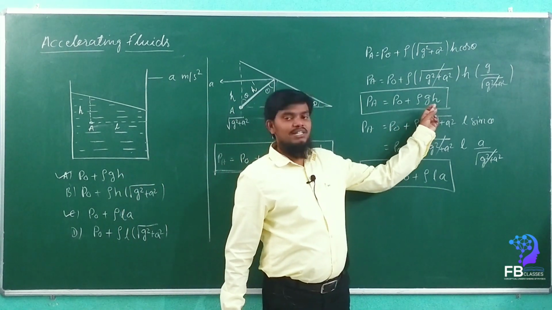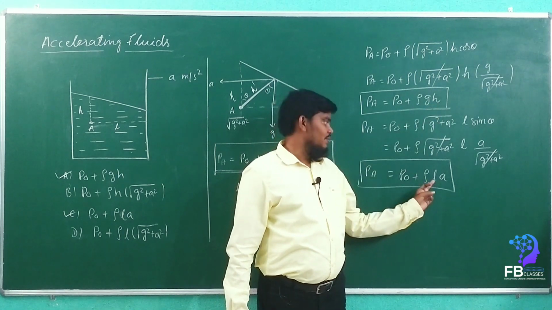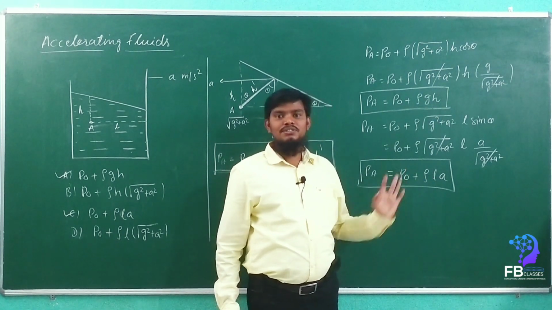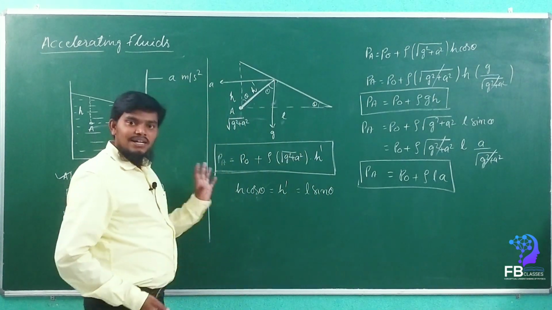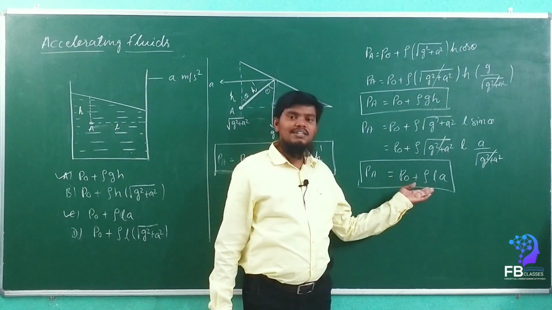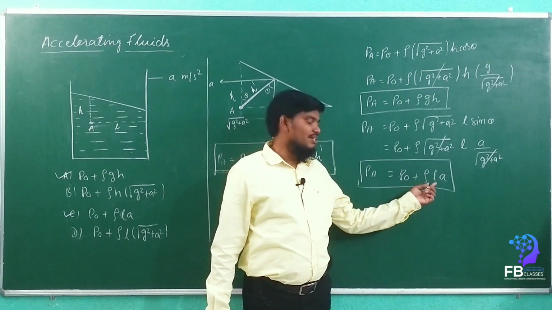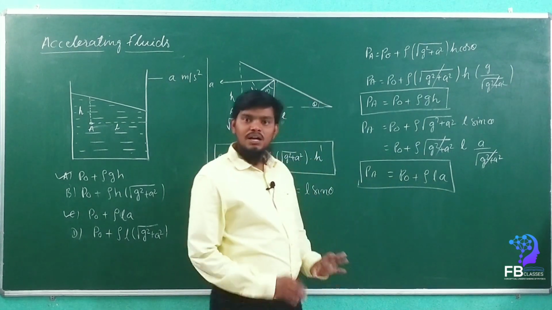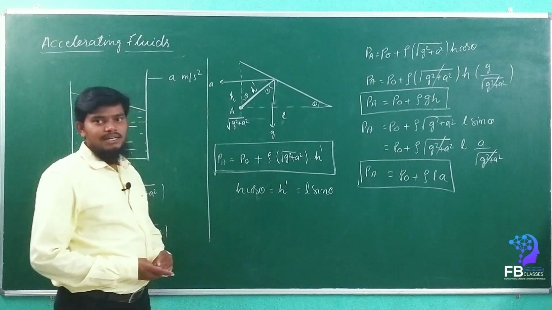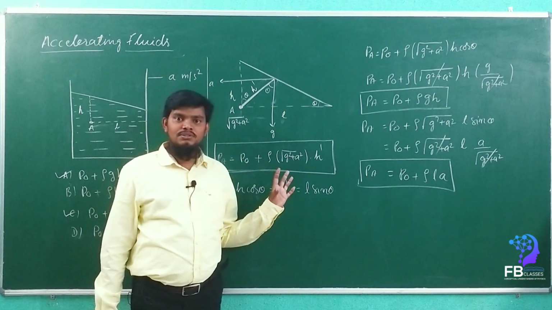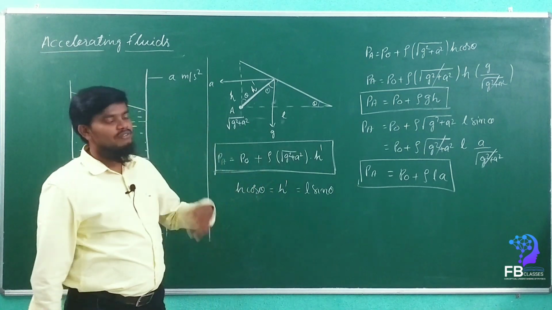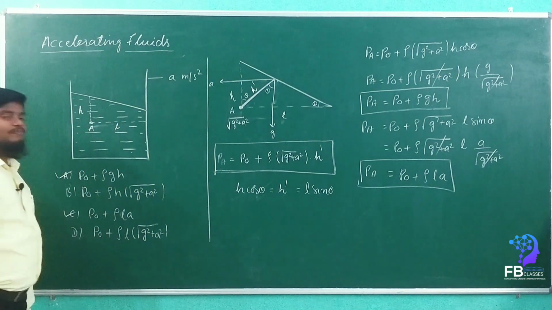Vertical acceleration, vertical length; horizontal acceleration, horizontal length. So if you want to write vertically, we have to go for the vertical length and acceleration. If you want to go for the horizontal, then we can easily write horizontal length and horizontal acceleration. Got it? That is the conceptual understanding. So please make a note of it. Hope you understand. We can go further. Okay?